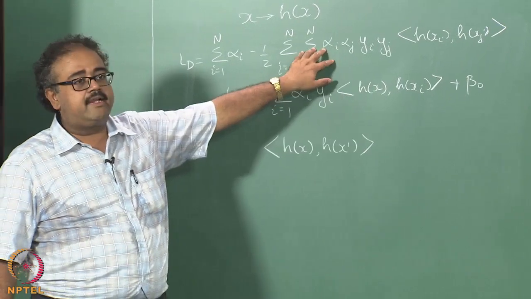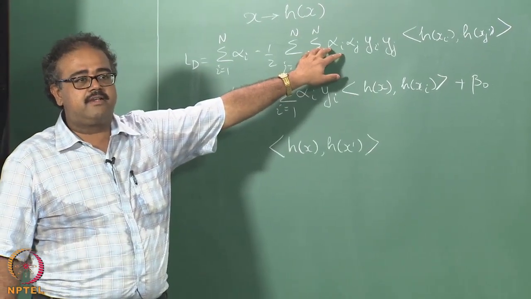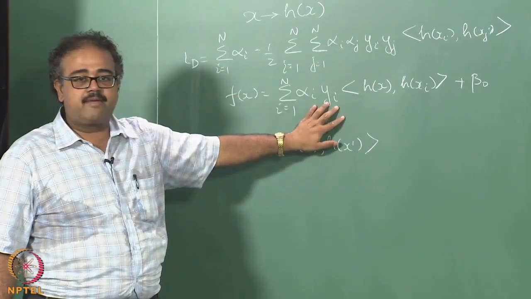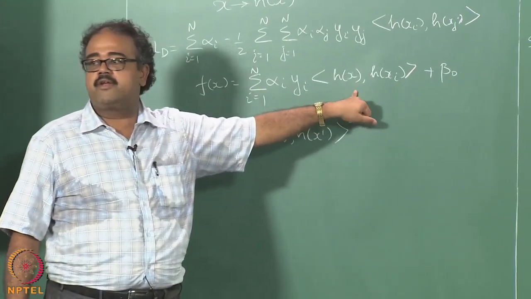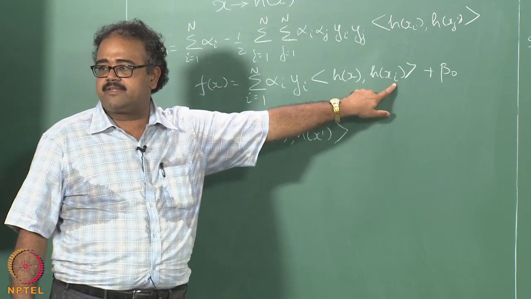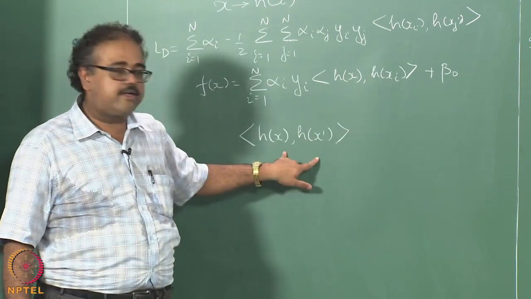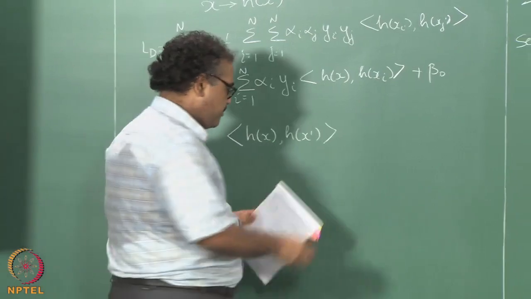So in the training it is the pairs of training points, while when I am actually using it, it is one of the support points and the input data that I am looking at. So at any point I just take these pairs of data points and I need to compute the inner product. So I am going to call this